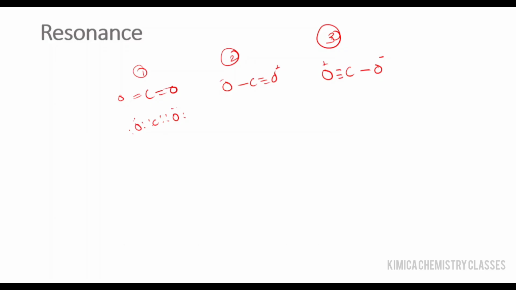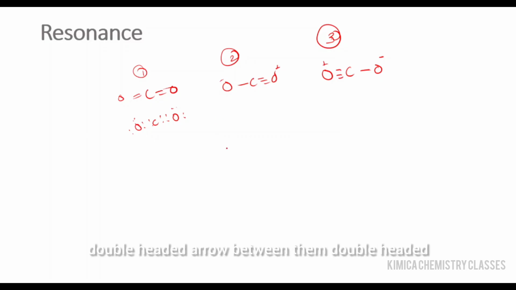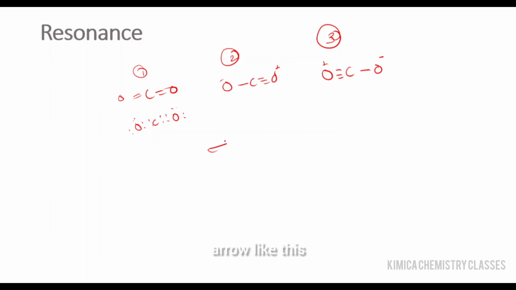So these structures 1, 2 and 3 are the resonating structures, or canonical structures, or contributing structures, and resonance is represented by putting a double headed arrow between them. Double headed arrow like this, right? So